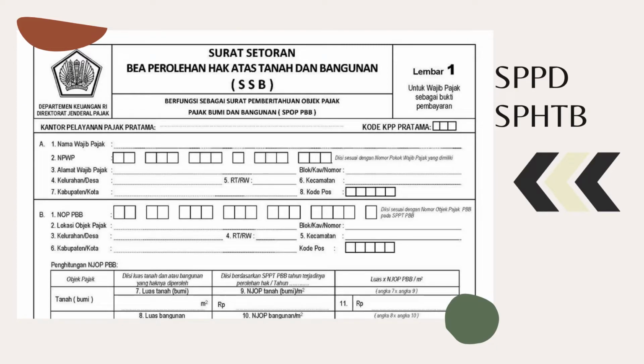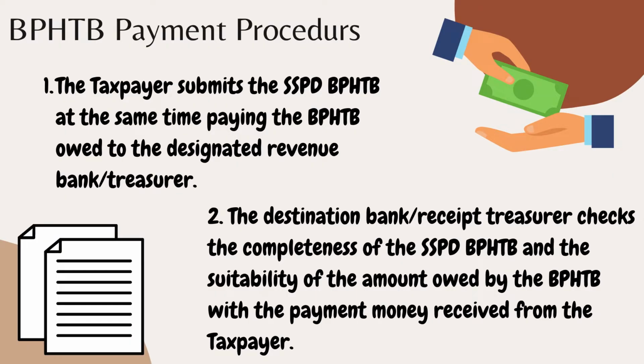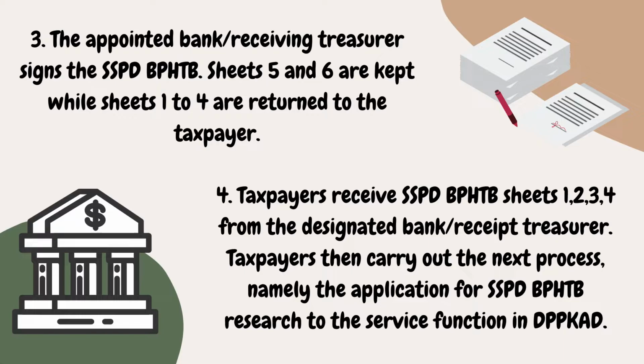Okay, this is the picture of the SSPD BPHTB. BPHTB payment procedures. The first is the taxpayer submits the SSPD BPHTB and pays the BPHTB owed. The second, the destination bank or receipt treasurer checks the completeness of the SSPD BPHTB and the suitability of the amount owed with the payment money received from the taxpayer. And then, the appointed bank or receiving treasurer signs the SSPD BPHTB. And the last, the taxpayer can carry out the next process, namely the application for SSPD BPHTB research to the service